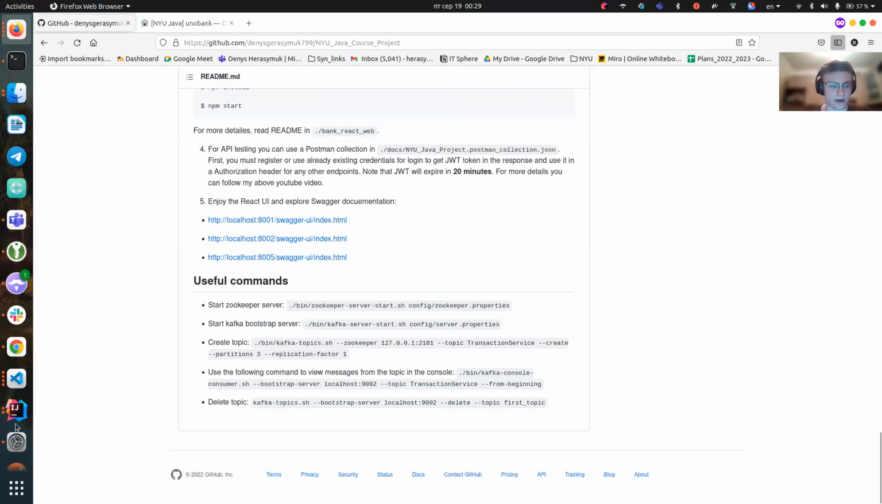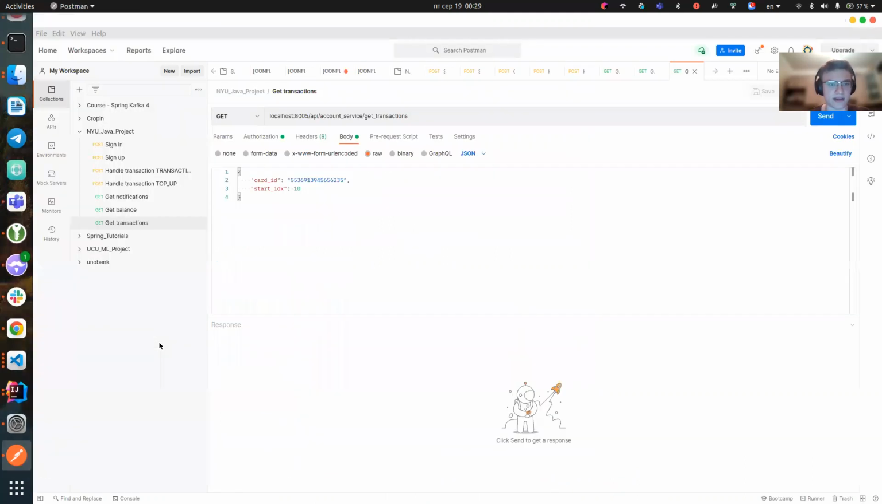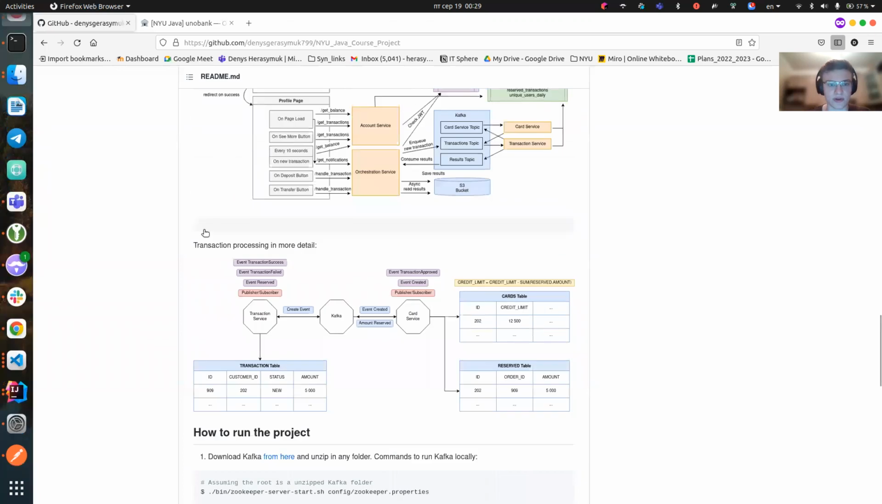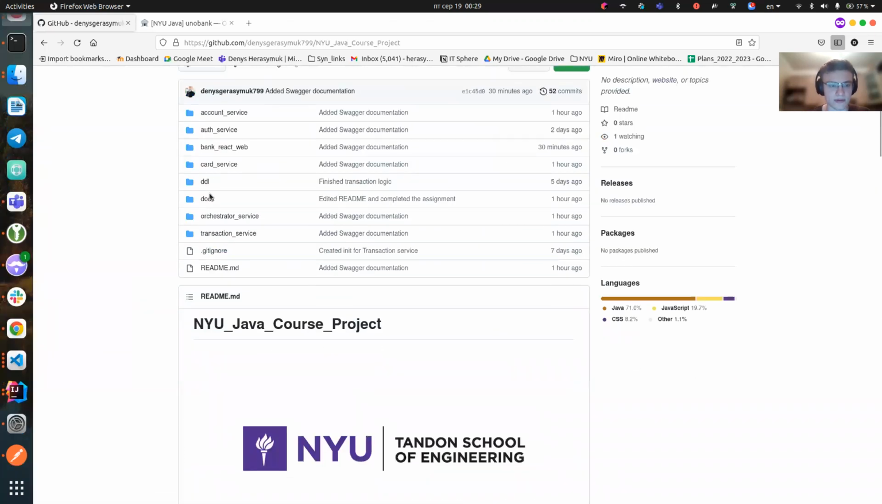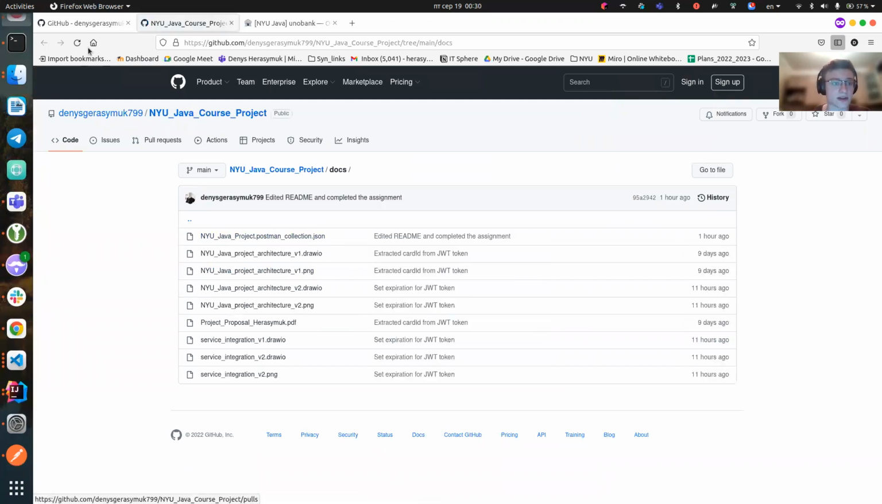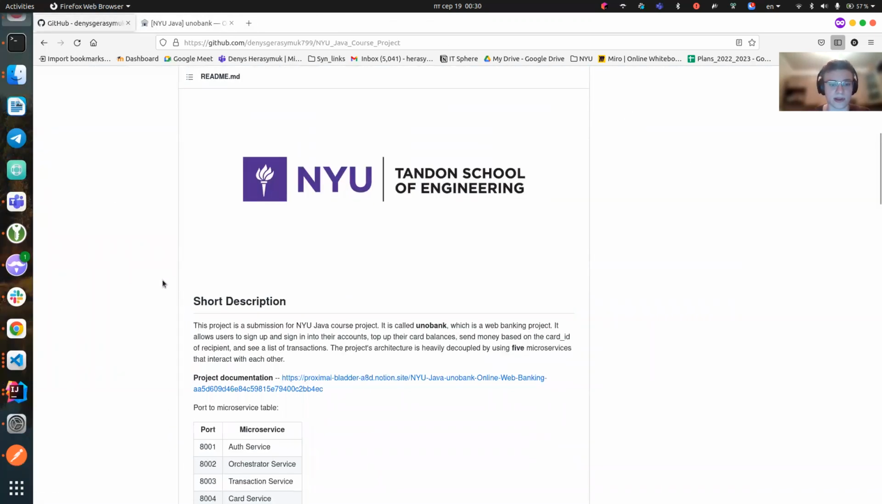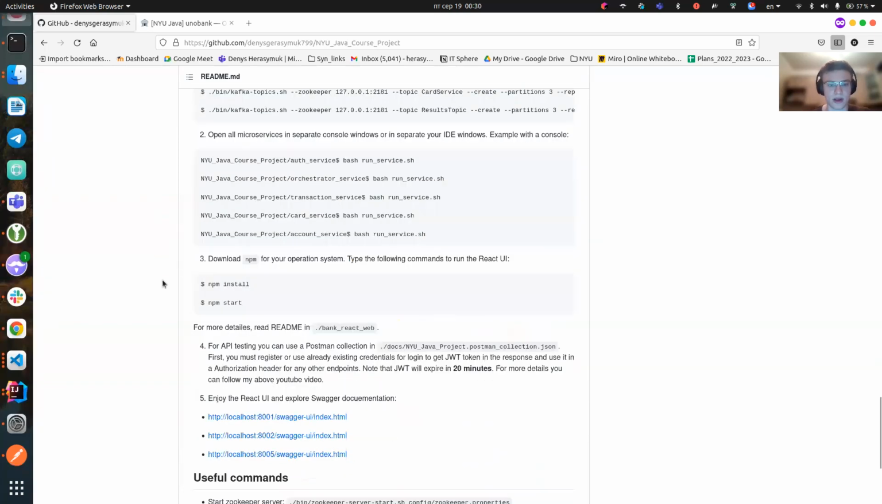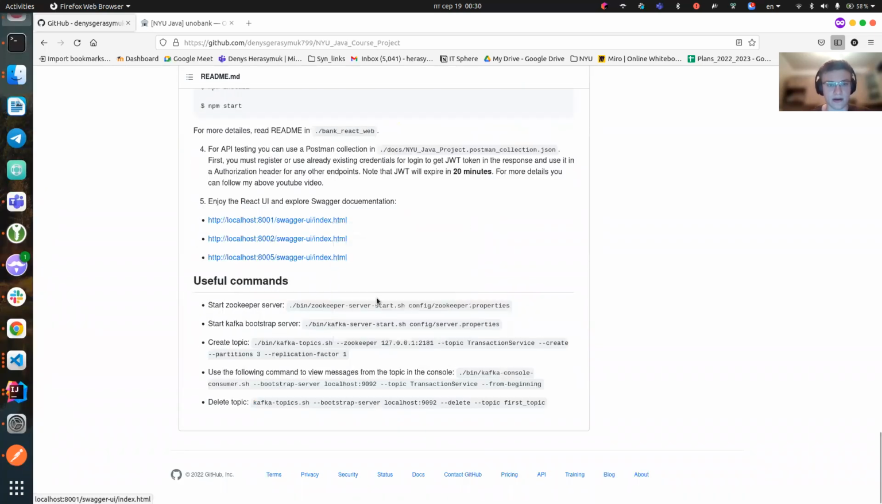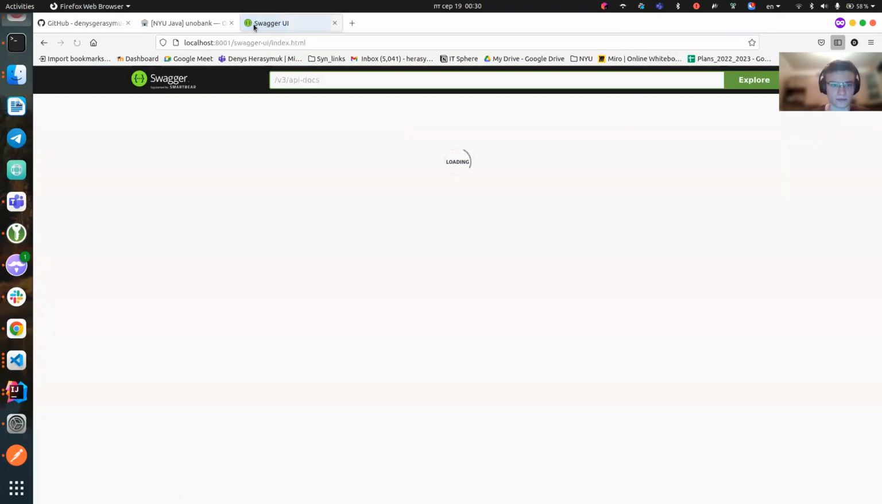And yes, also you can check my API with Postman. So I have here some already created requests, which I placed in the docs folder in my repo. So here they are, here are collections, you can use them, just import to your Postman and check the API. And of course, you can check Swagger documentation for REST